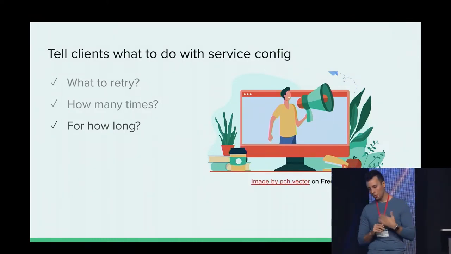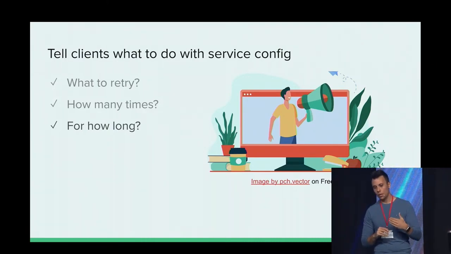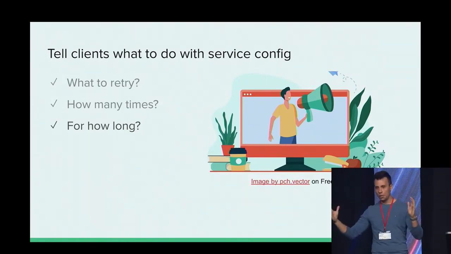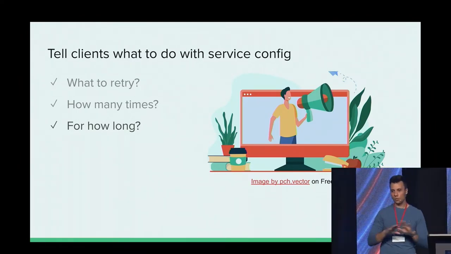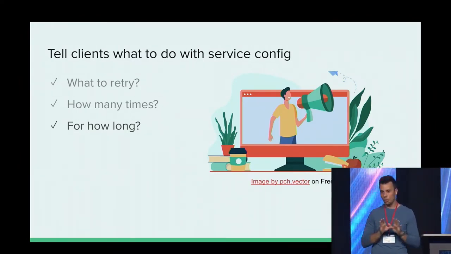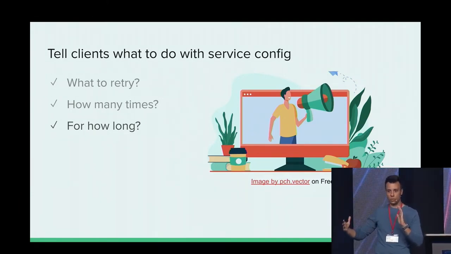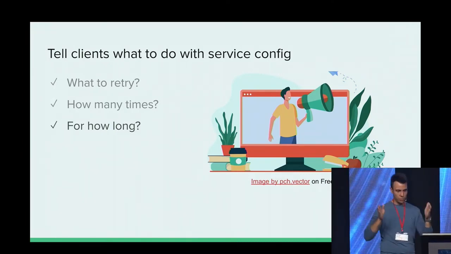But this is quite powerful, and it handles one interesting problem when you have client-side retries, and this is cascading retries. So imagine service A calls service B, calls service C, and if every hop in the chain does multiple retries, you might get into trouble, right? But with the deadline propagation, this is not an issue because essentially the deadline of the retry controls this whole thing and puts a cap on it.